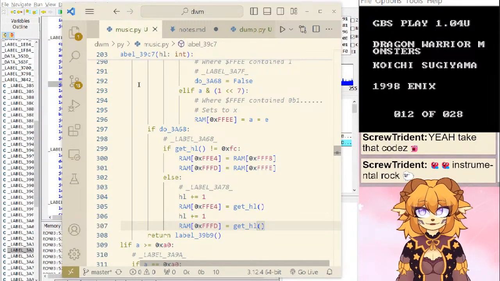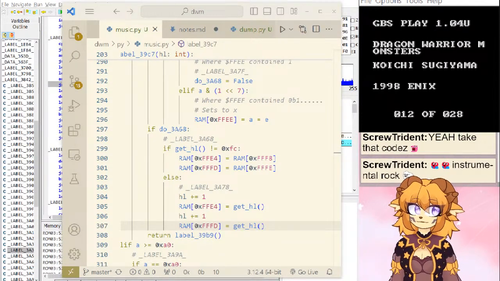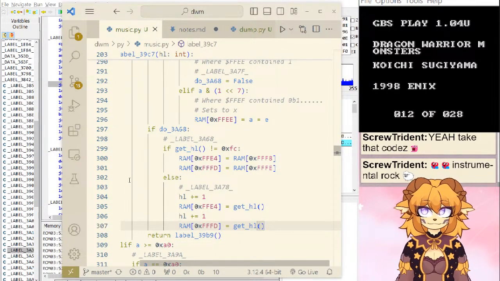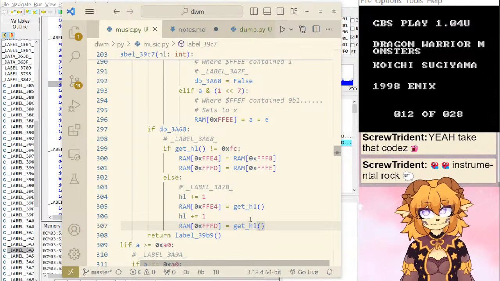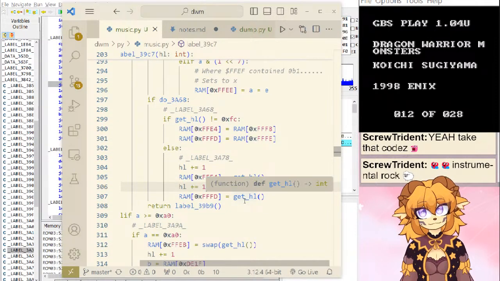Instrumental rock, yeah. This is metal sets and riffs. Oh yes.